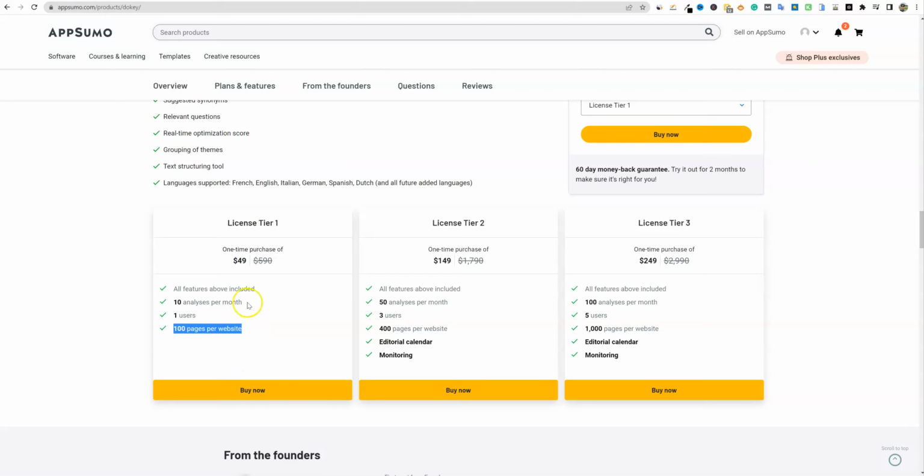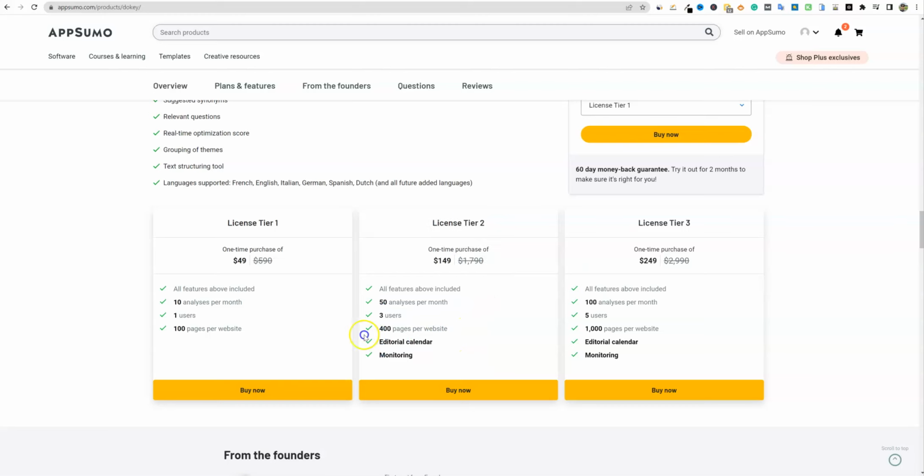But I do know what 10 analysis is per month. So right off the bat, I can tell you right now that I probably wouldn't pick up tier 1. I would start at tier 2 because you're going to get 50 analysis per month, and that is 5 times more than tier 1, but the price only goes up 3 times. So that's where you have to look at that, is that you are really getting a massive jump, a massive spike in what you're going to get right here.